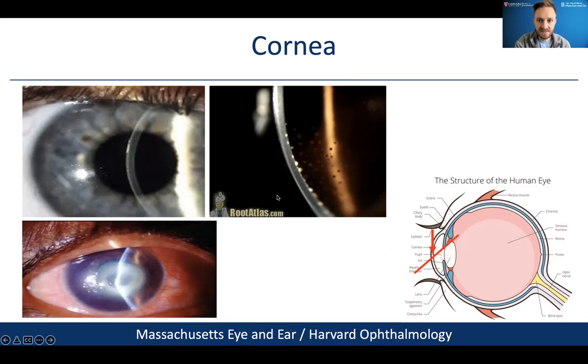Now, what's the value of this? In the top left-hand corner, you can see that the slit of light is coming from our left and going towards the right. You can see the epithelium of the cornea here. The stroma is all here. The endothelial layer is here. The fluid is here, and then you can see the iris behind. Because we're focused on the cornea, you can see the anatomic structure, three-dimensional structure of the cornea, which is sometimes